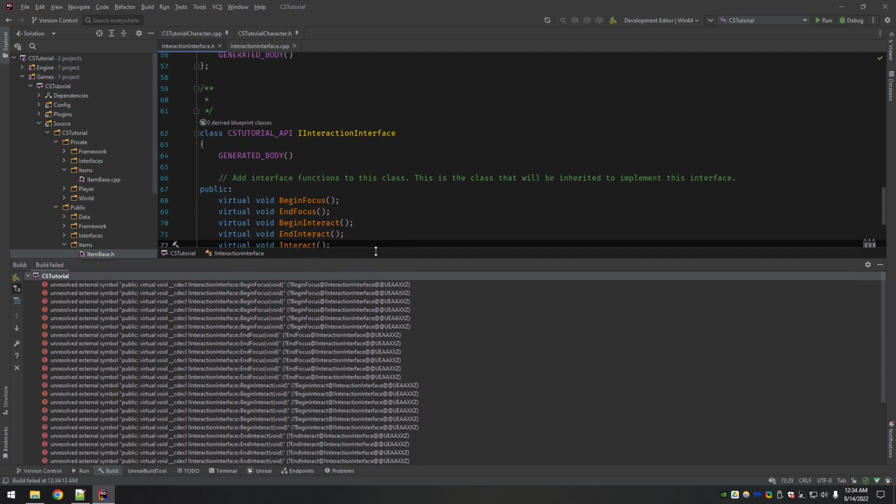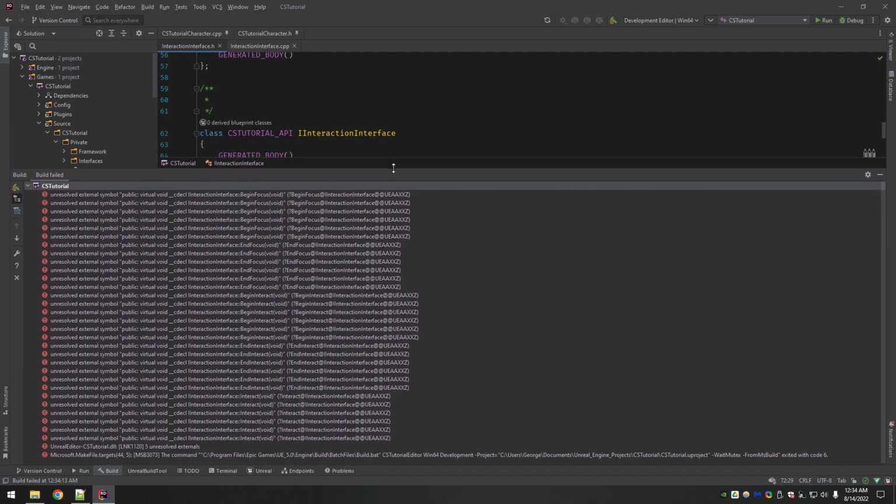Sure enough, since I haven't built until this point, anytime you see unresolved external symbol from your compiler, that is from the linker. Building actually goes in different phases, right? We can really just sum it up as compilation and then linking. Compilation is checking the syntax and types and everything. Linking is where it actually tries to connect up implementations with the declarations.